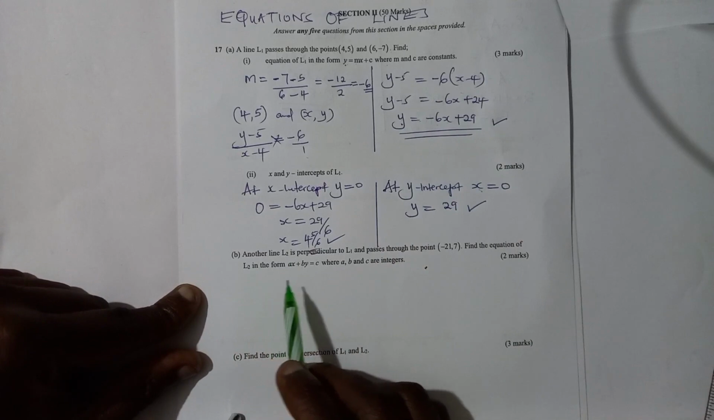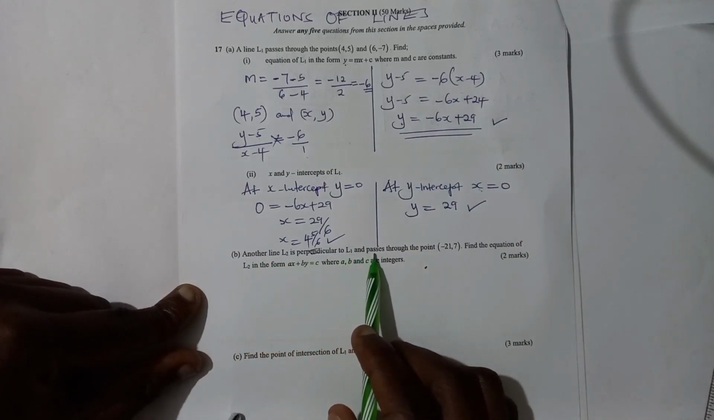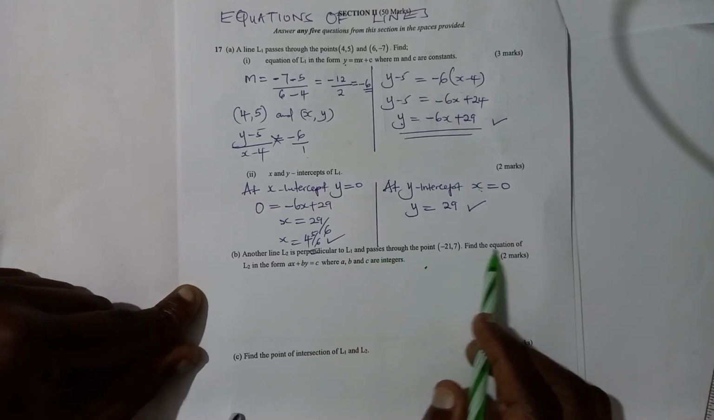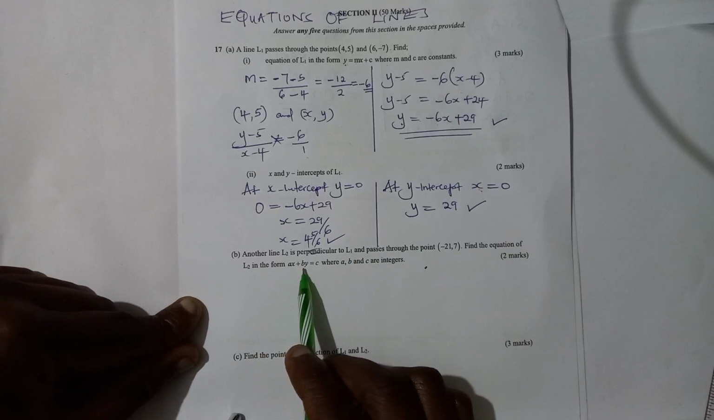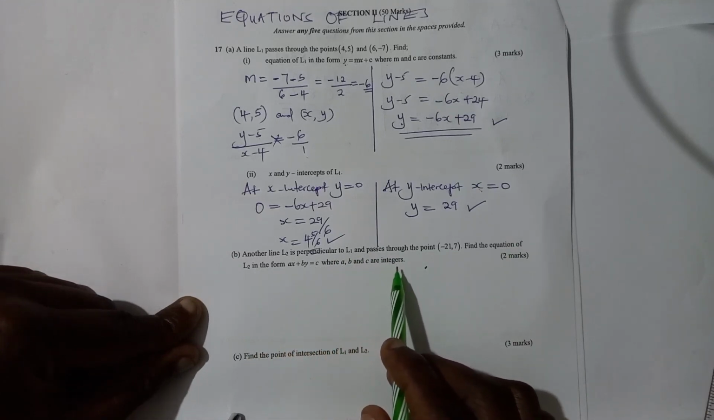So another line L2 is perpendicular to line 1 and passes through the point (-1, 7). Find the equation of L2 in the form ax + by = c, where a, b, and c are integers. So for this one,